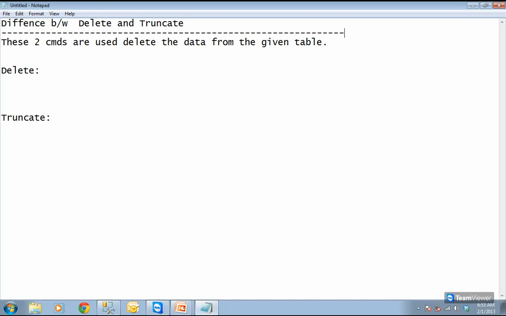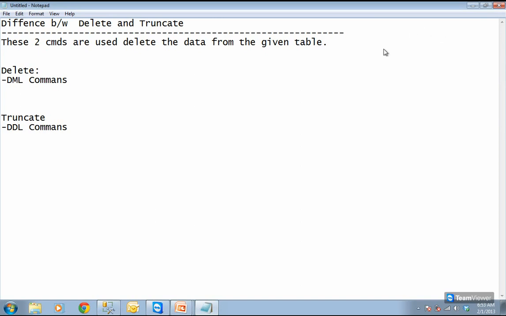The difference between truncate and delete is that delete is a DML command, whereas truncate is a DDL command.